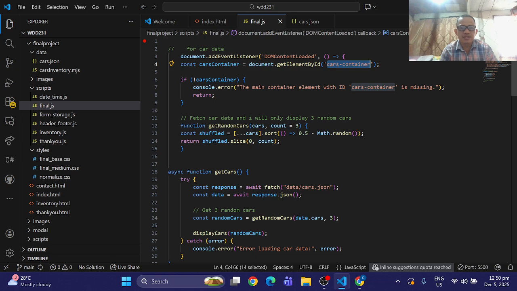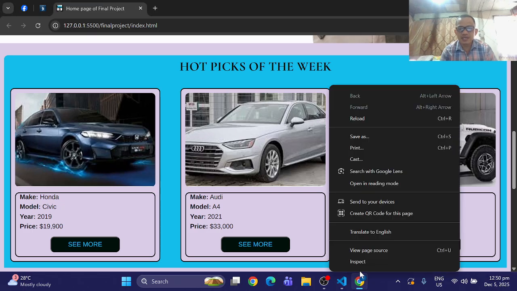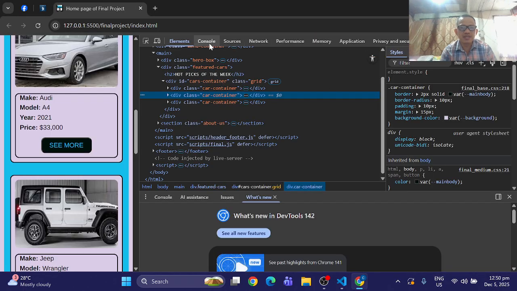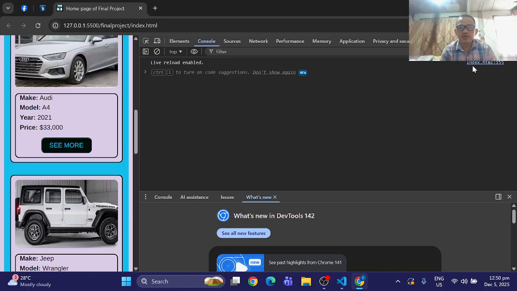And then I have a code to check if that container is present. If the cars container is not present, then the console log will print this statement, and then the program will stop. For example, as I inspect this in the console, no error here.